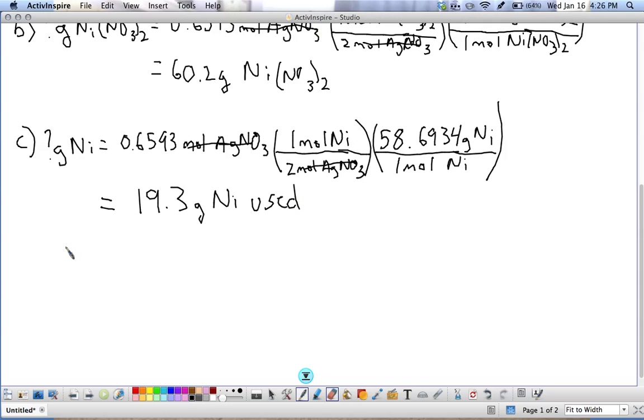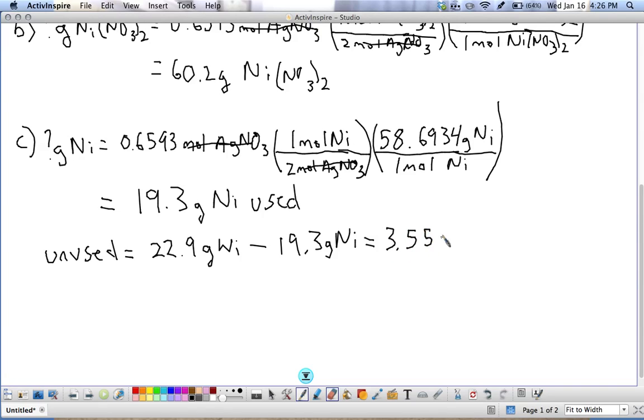Okay, so in order to figure out how much is unused, we do what we started with, 22.9 grams of nickel, and we subtract the 19.3 grams of nickel that were used. So what should be left over is 3.55 grams nickel. There you go. Problem